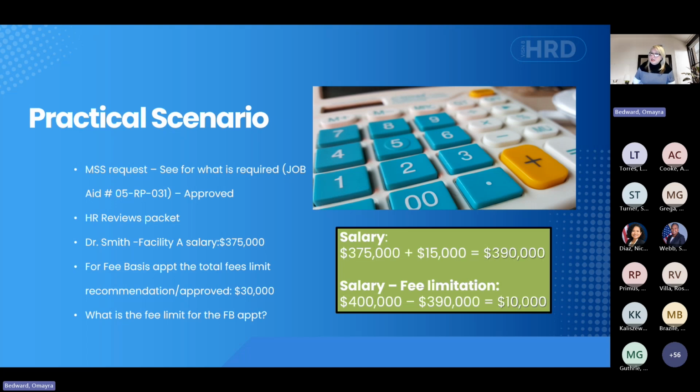Now, in my experience, I don't know if it's happened, but the fee basis, they get an LES, and from the physicians that I talked to that had dual appointments that exceeded, it didn't marry the two salaries up.